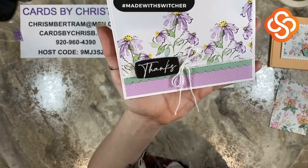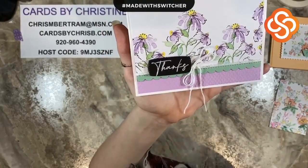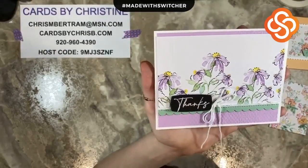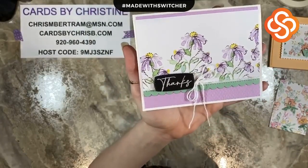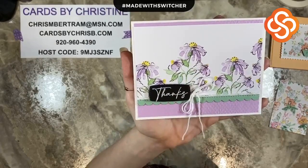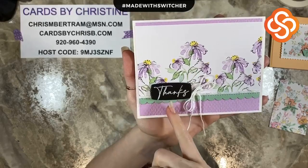Then I didn't know what I wanted to do with the sentiment. To keep it more basic or easier, you easily could have stamped the sentiment up top here. That would have looked really nice. I grabbed Daffodil Delight, Fresh Freesia and Mint Macaron, and I just didn't know what to put